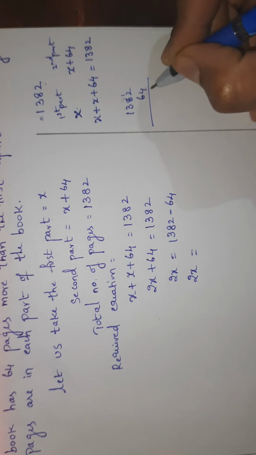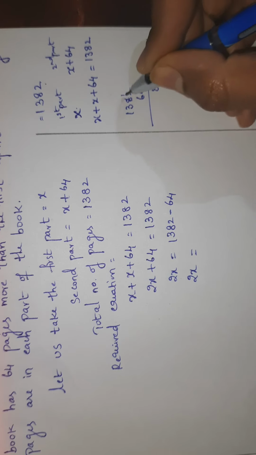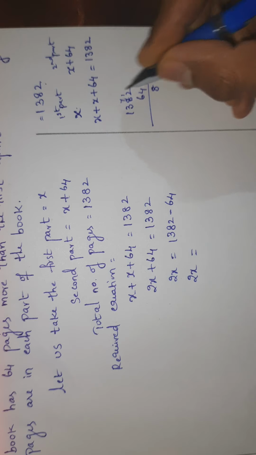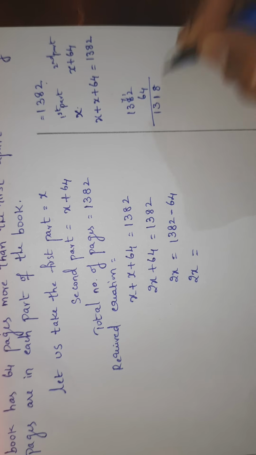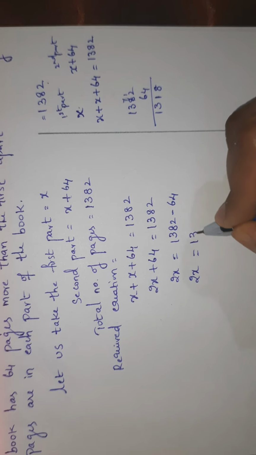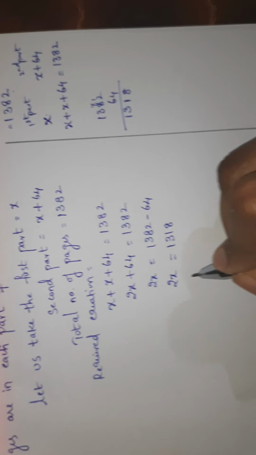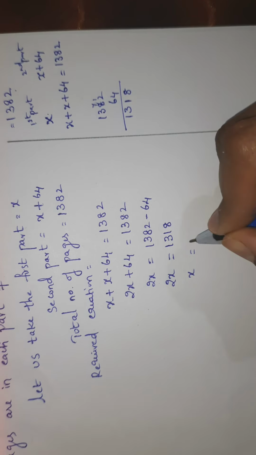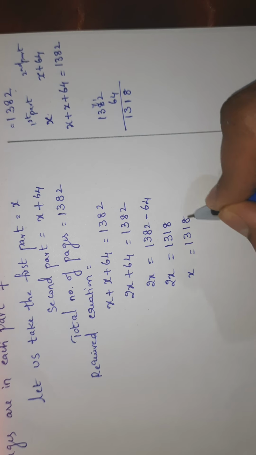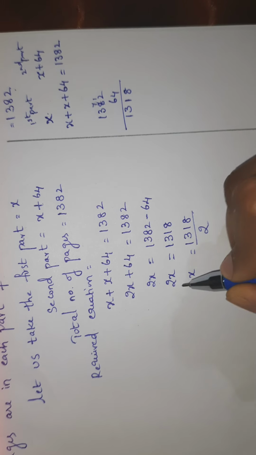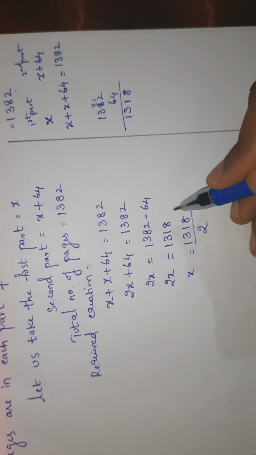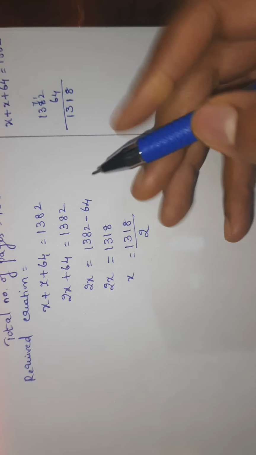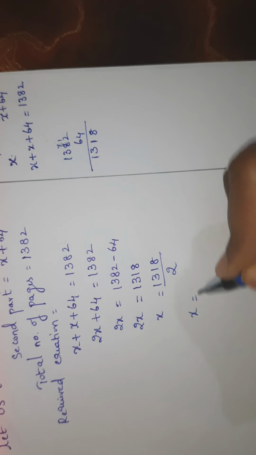12 minus 4 is 8, and this becomes 7. 7 minus 6 is 1, 3, 1, 8. Therefore 1318. Now x is equal to 1318 by 2. As 2 is multiplying with x here, after transposing it will divide. Therefore x is equal to